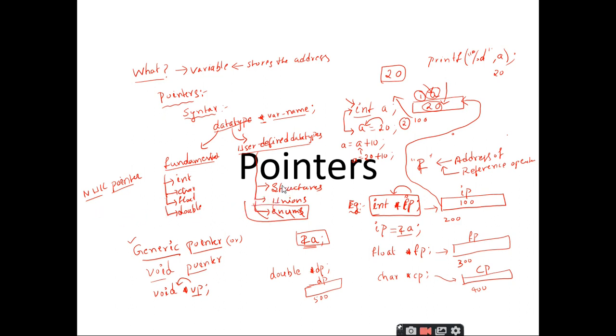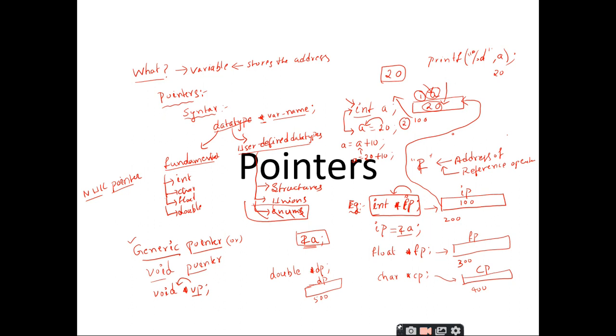When we are discussing the concept of pointers, one point you should keep in mind, a very important point you should remember forever, is that when you declare a pointer, it is mandatory that you always initialize it with a valid address. When you create a pointer, you should always initialize that pointer variable with a valid address.